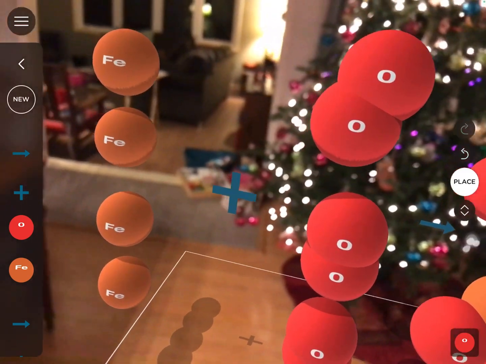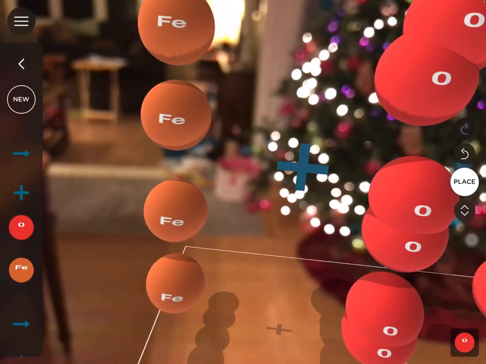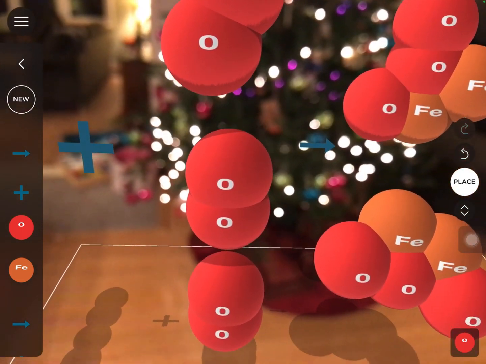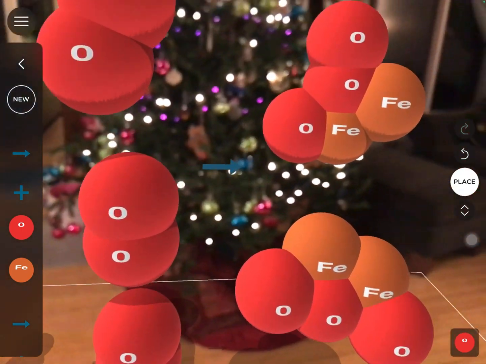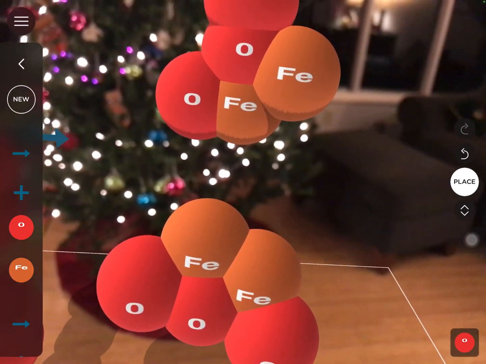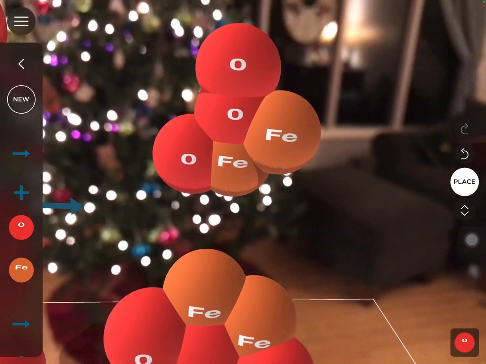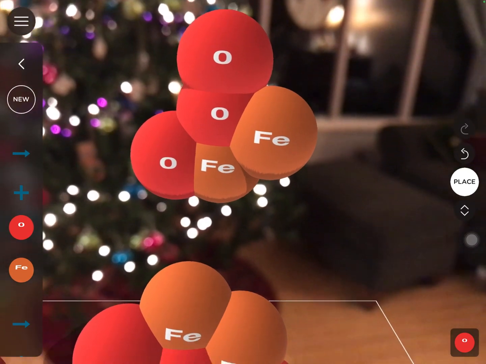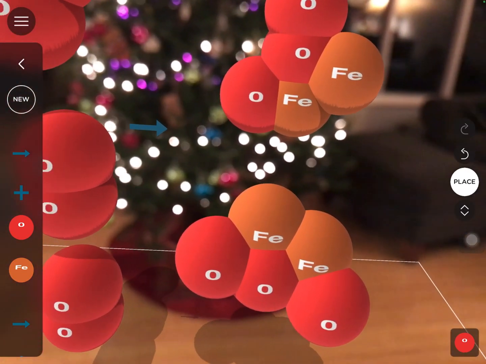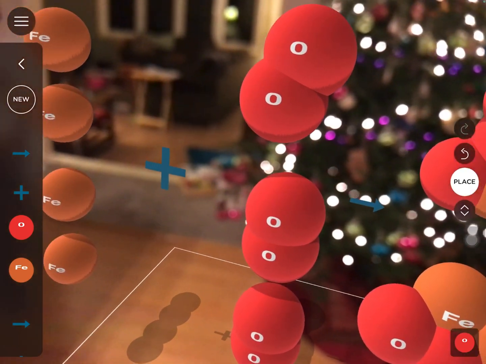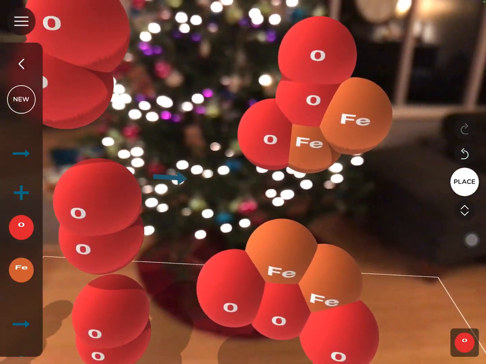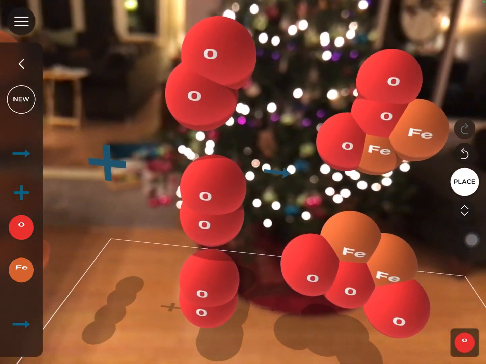Just a little tour now. We've got our 4 iron atoms plus our 3 O2 molecules, and that's going to give us 2 molecules of iron oxide right there, which will have 3 oxygen atoms and 2 iron atoms in each one of these. Okay, so that's how we build our models. And you can watch the next video to see how to get a nice picture of